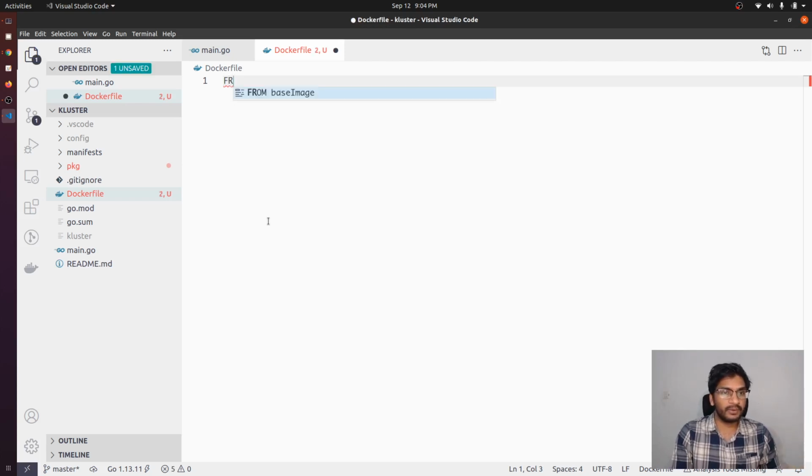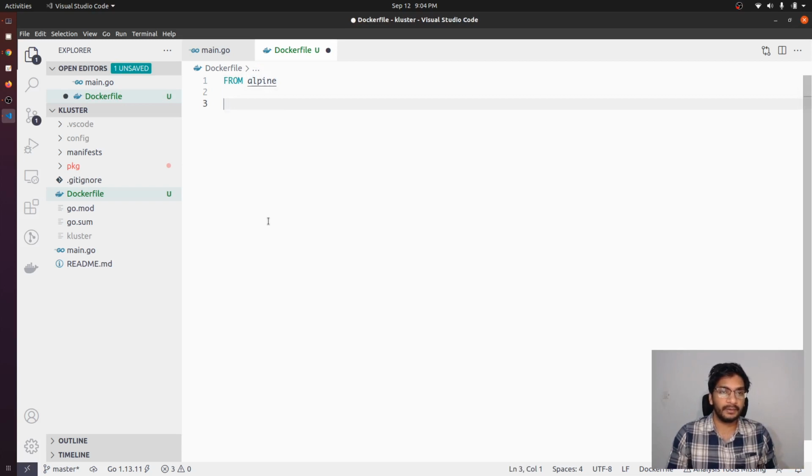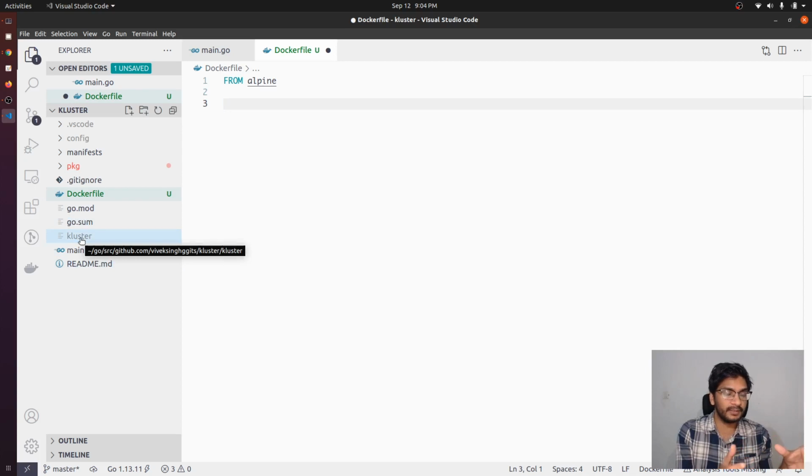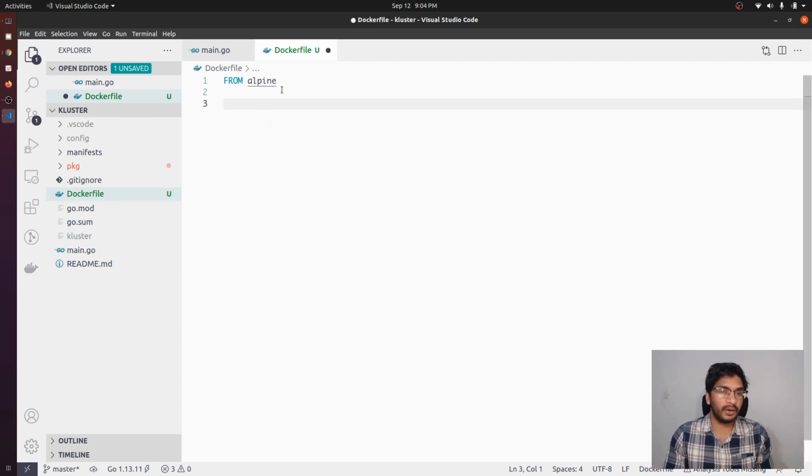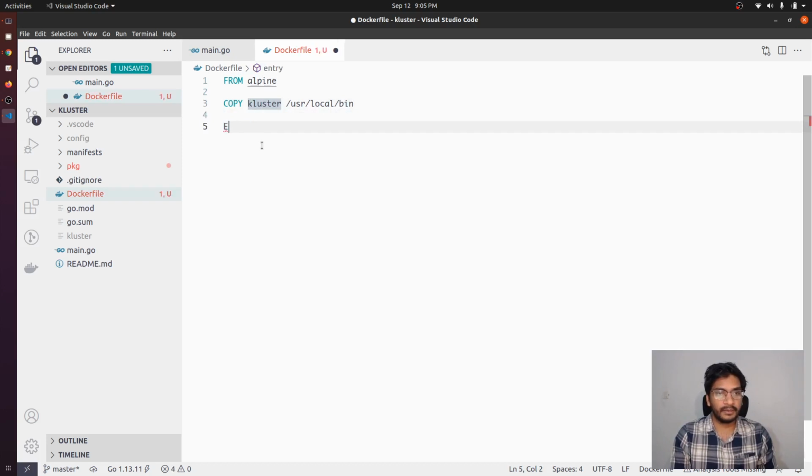So what we are going to do is we are just going to get, let's say, Alpine, and once we have Alpine, and we have already built the cluster binary, all we have to do is copy this binary onto this image. So we are going to copy cluster to user local bin, and once we have copied this binary to user local bin, we can specify entry